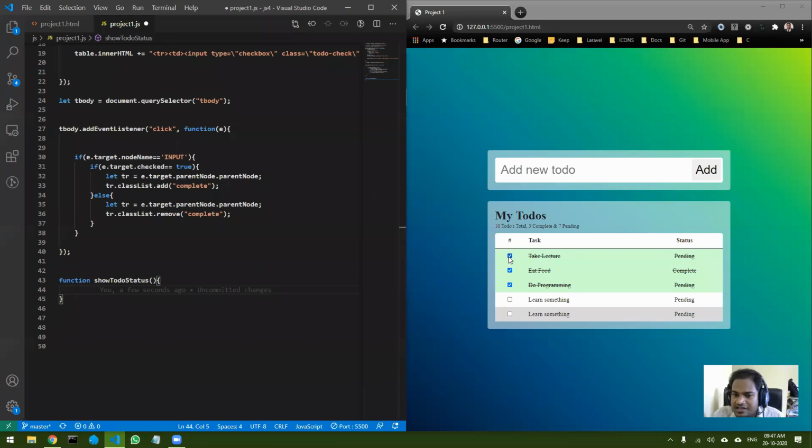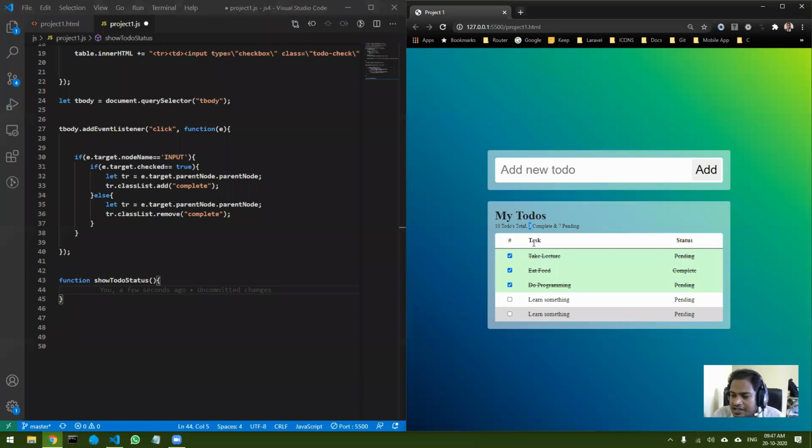If it is checked, it will increment complete. If it is not checked, it will not increment. Okay, so let's do that.